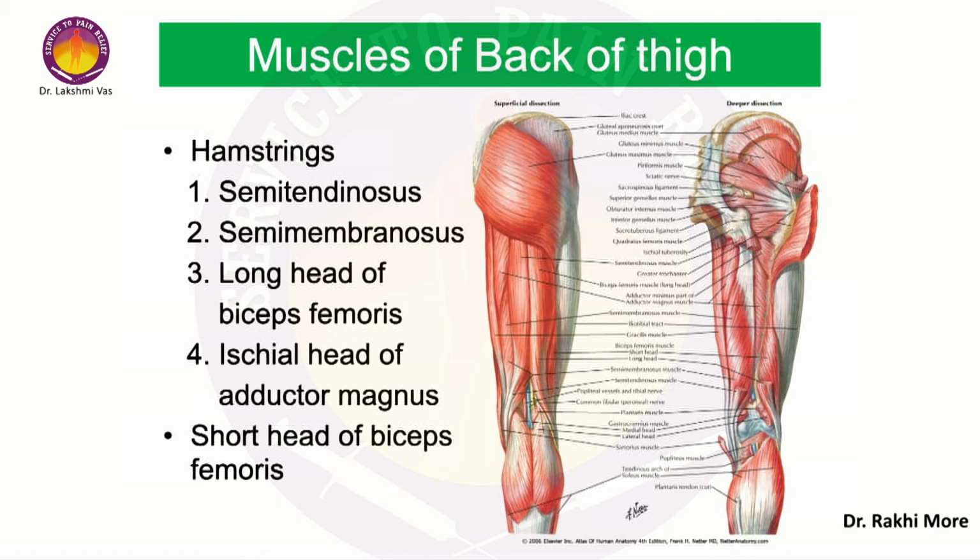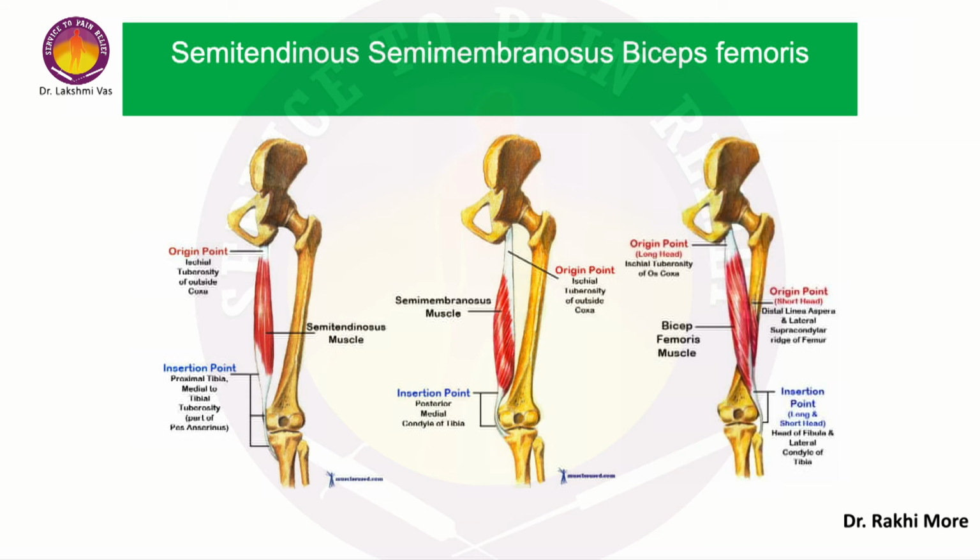So these are the muscles on the posterior aspect. You will appreciate them better in the video demonstration, because here you are only seeing the theoretical, the image part of the video. So these are the muscles. You can see in the first image the semitendinosus taking origin from the ischial tuberosity and getting inserted on the medial aspect of the medial condyle of the tibia, along with the sartorius and the gracilis. So all these 3 muscles together form a group of muscles which are inserted on the medial aspect of the medial condyle of the tibia as a part of the pes anserinus.